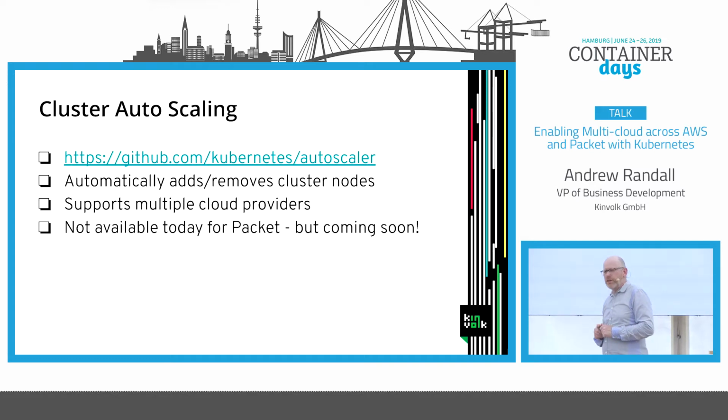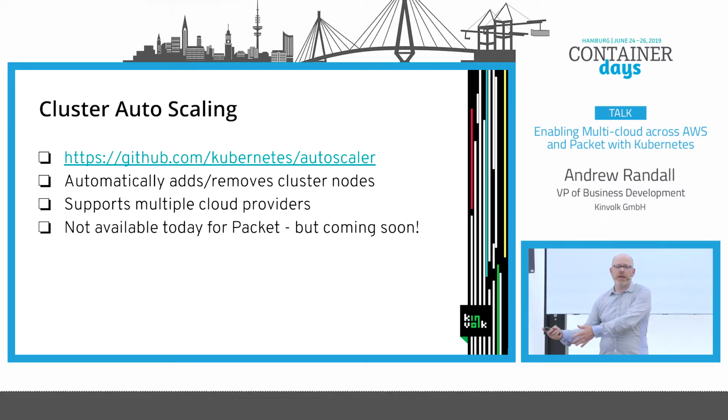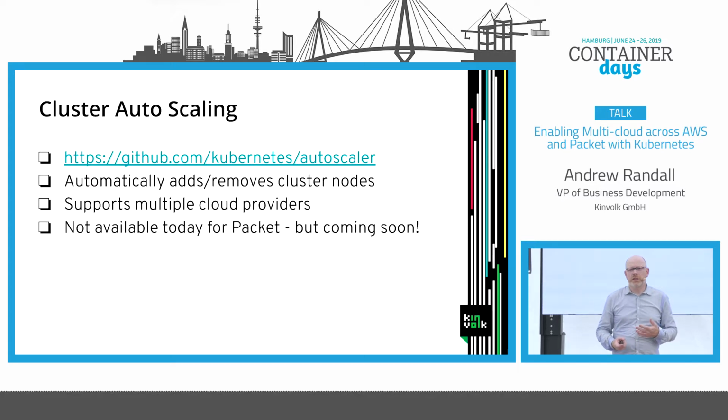The last area that I talked about was autoscaling. One of the things people like Kubernetes for, in a lot of environments, is the dynamic scaling of workloads based on demand. There's a Kubernetes API called Autoscaler, which allows you to not just scale up pods, but actually scale up the nodes in the cluster. So if you're running in AWS, it'll create a new VM, stand up a Kubernetes worker image on it, and add it into the cluster. There are multiple cloud providers supported here. Packet is not yet one of them.